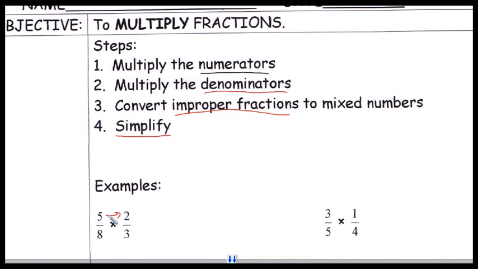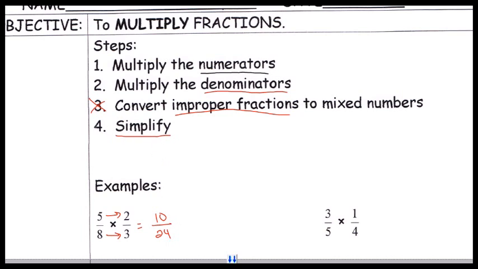5 times 2, that's my numerator. So I'm going to multiply my numerators. 5 times 2 is going to give me 10, and then I'm going to multiply the denominators. 8 times 3, and 8 times 3 is 24. Now I don't have an improper fraction because the top number is not bigger than the bottom number. This is called a proper fraction when the numerator is smaller than the denominator. So I don't have to do step 3 in this case, but I